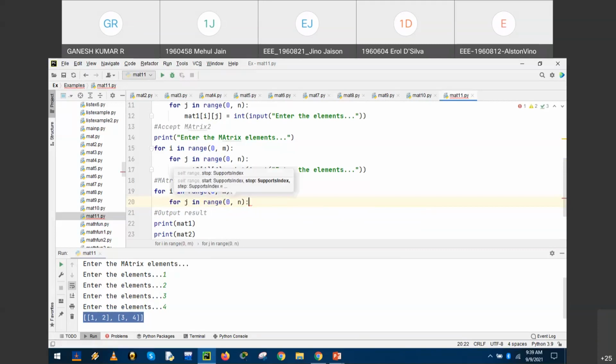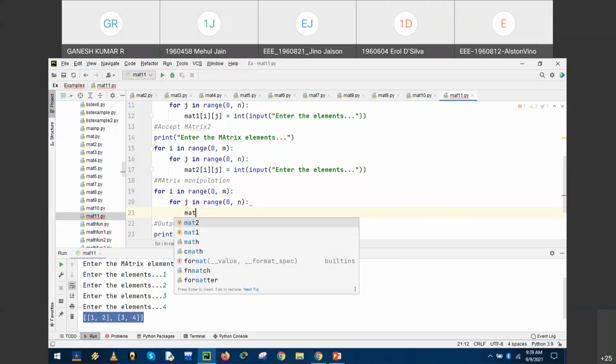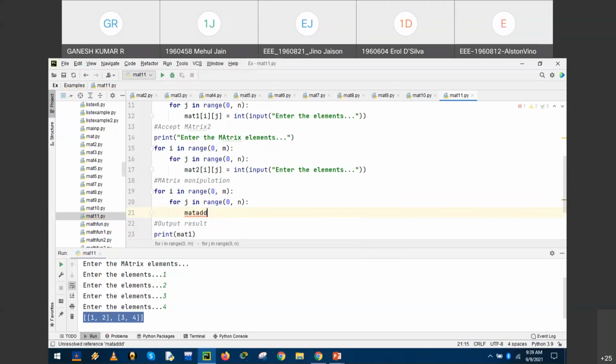Please note, we should not make any mistakes. So for every row with respect to the column, what we want to do is matrix addition. So matrix add of i, j is equal to the sum of the two input matrices, that is mat1 of i, j plus mat2 of i, j.